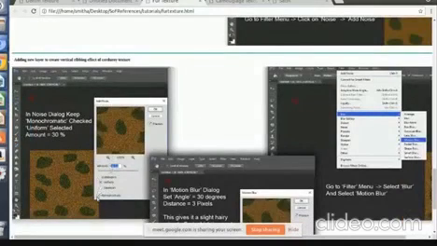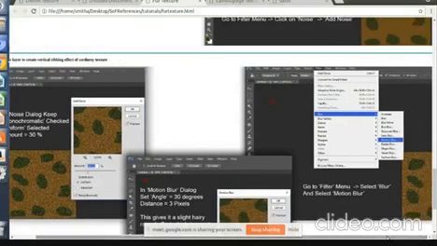You have to keep Monochromatic checked, set the distribution to Uniform, and the amount of noise you add can be between 25 to 30%. Keep the preview checked, then you can see how it is changing the appearance of your canvas. If you're satisfied with this appearance, you can click on OK. Otherwise, you can make more proper settings.